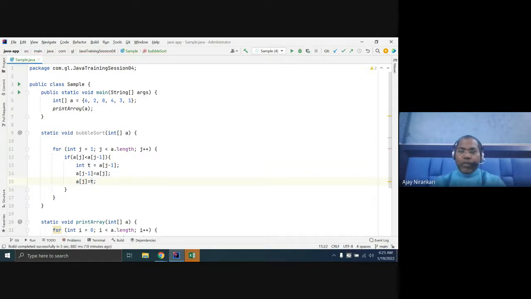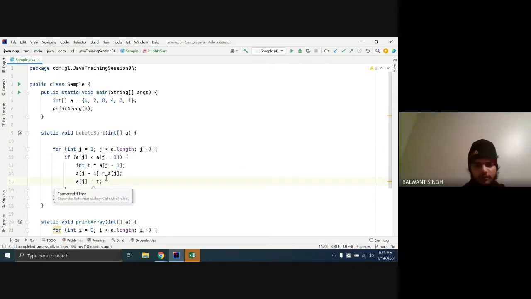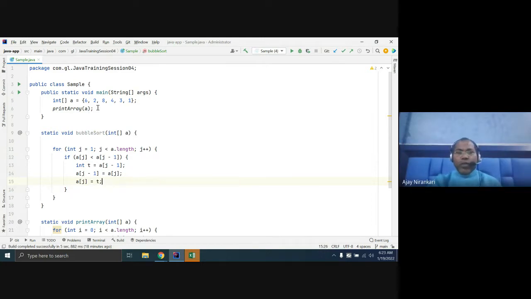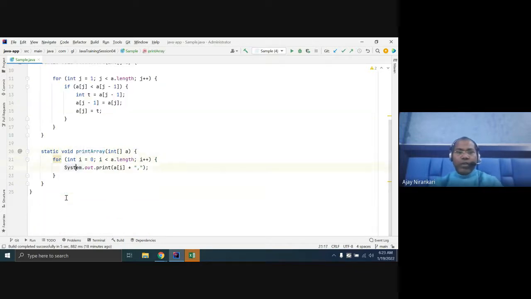Yesterday we discussed how to swap it, right? So whenever you run this loop one time, what will be the output?